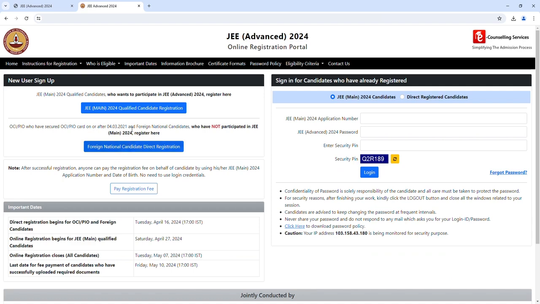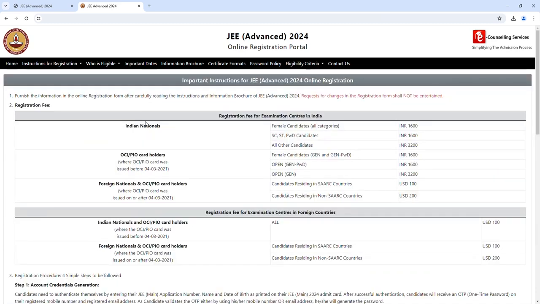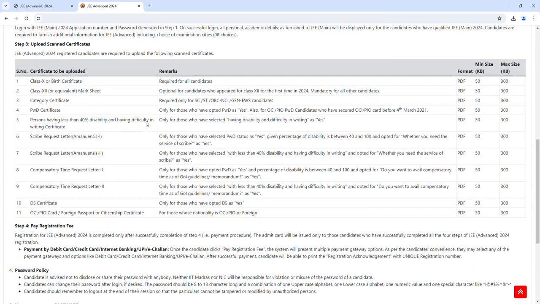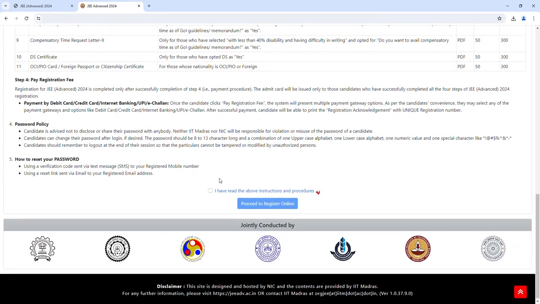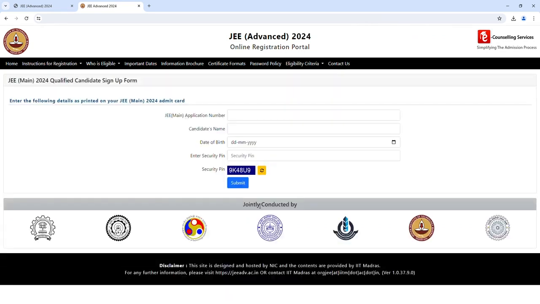jeeadv.nic.in/applicant. Locate the new user sign up on the left side of the screen and click on the blue button mentioning JEE Main 2024 Qualified Candidate Registration. Carefully read all the instructions shown on this page and scroll to the bottom of the page. Click the checkbox, I have read the above instructions and procedures, confirming that you have read all the instructions carefully. Then, click on the Proceed to Registration Online button, which will take you to the JEE Main 2024 Qualified Candidate